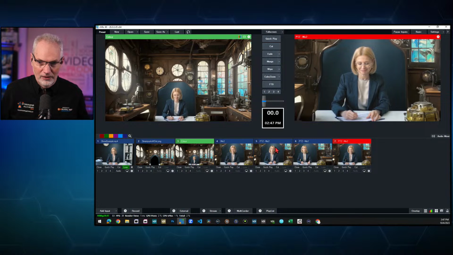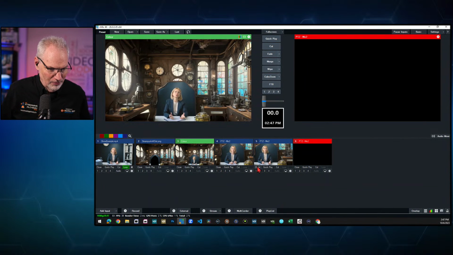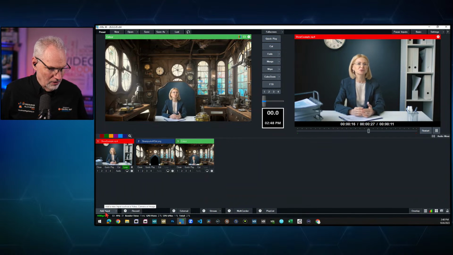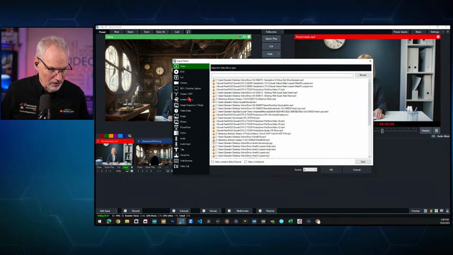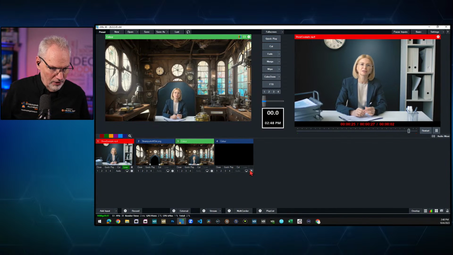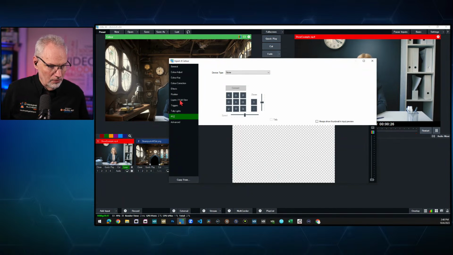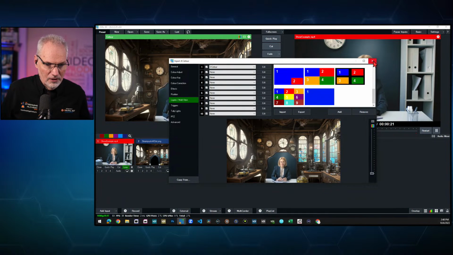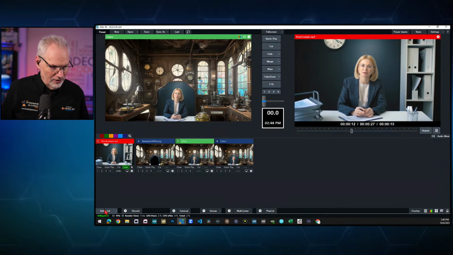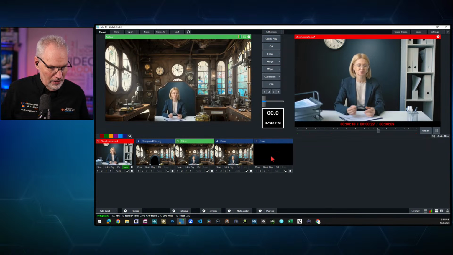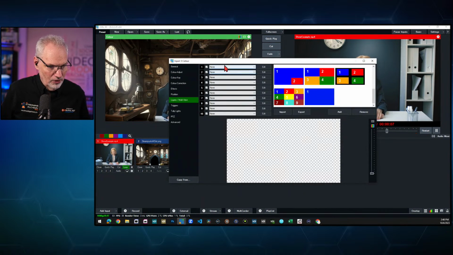So here's how I would do that. We're in here now, and I'll do this in real time. Let me just close these out because we don't really need this. What I'm going to do is create a blank input, like we did before, with the transparent background. And as a layer in this, let me go to layers, I'm going to put color. So we'll put that there. And then I will create another input, again the same basic thing, transparent background. Going to the layers here, I will put